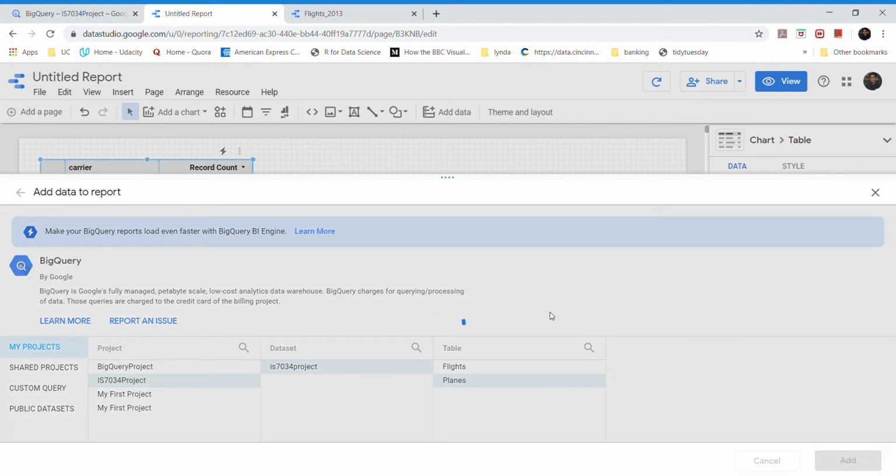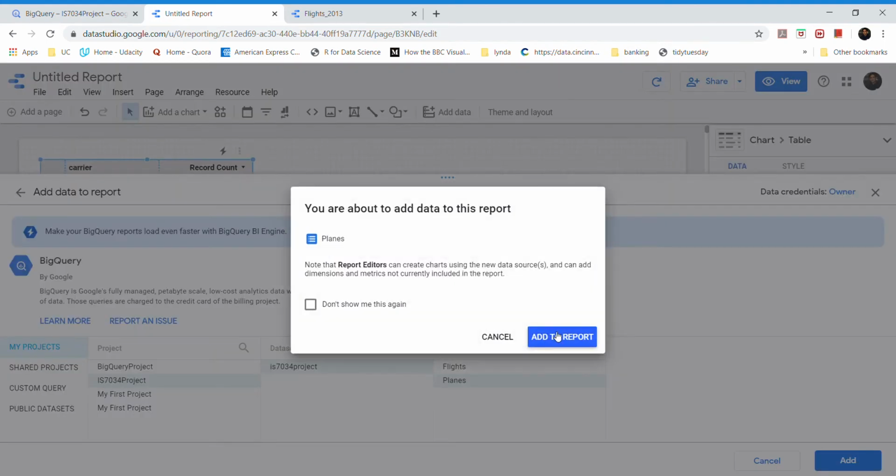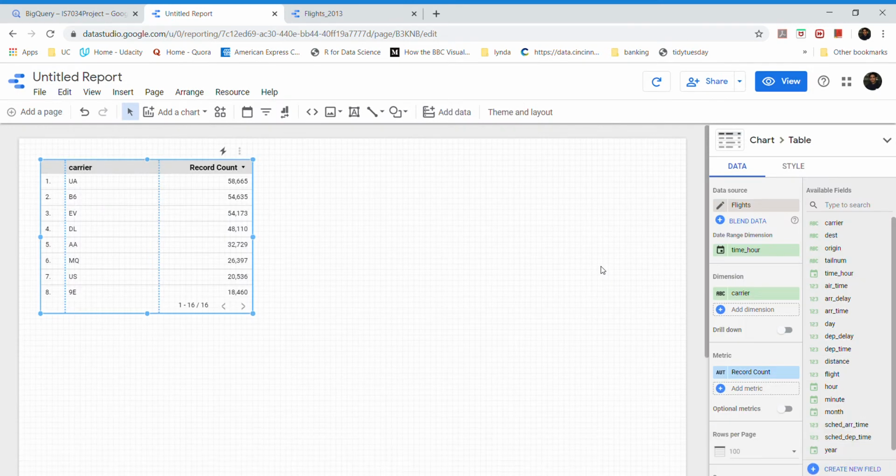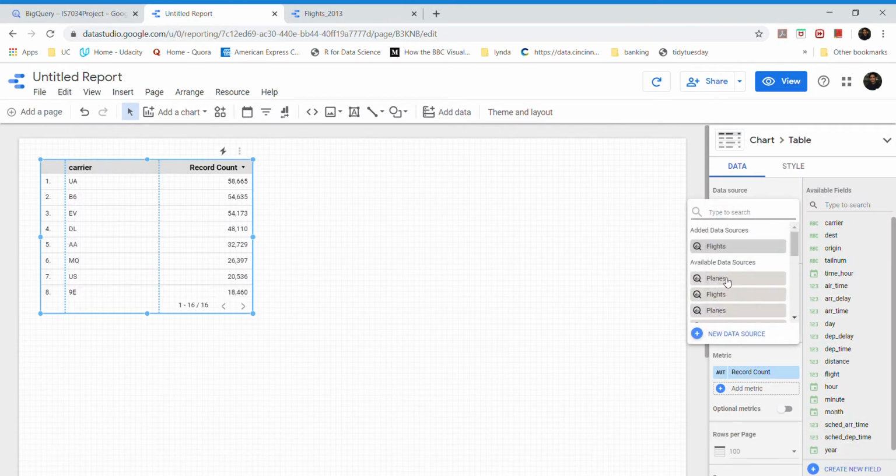Click on add to report, and then that table is also added here. You will see a number of other tables because these are other tables that I was previously working on, so those tables are there. But if you are adding 2 data sets for the first time, all you'll see is the flights table and the planes table.